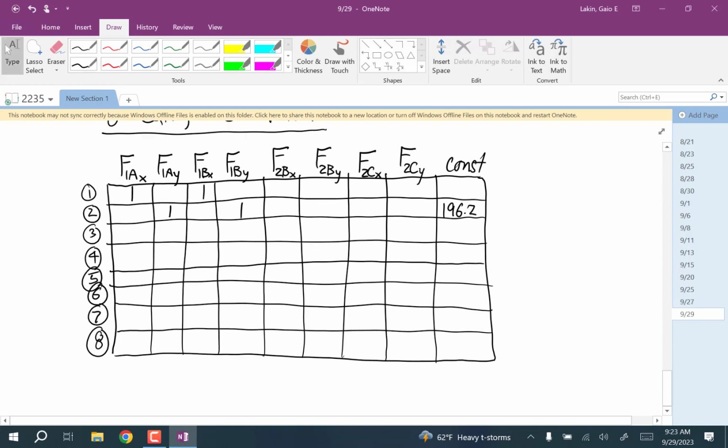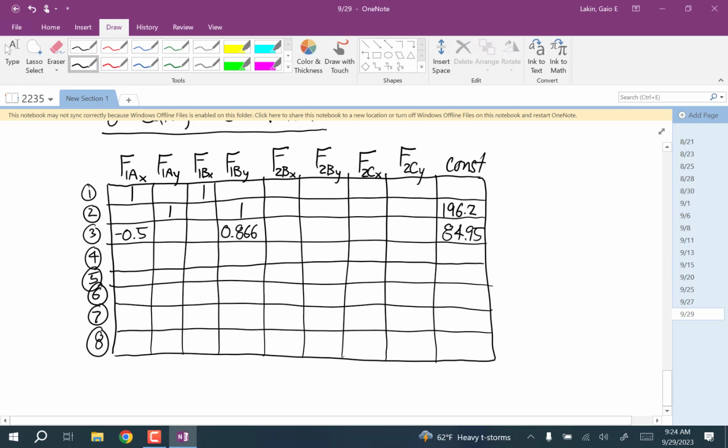Then the third equation, F1BX has a negative 0.5. F1BY has a 0.866. And the constant is